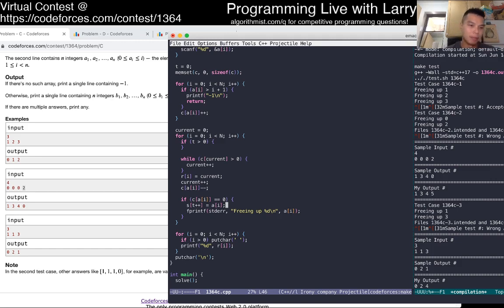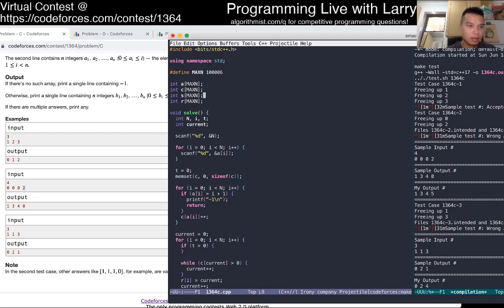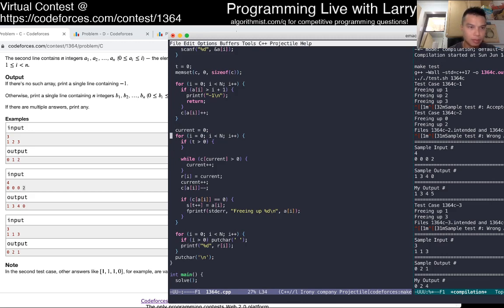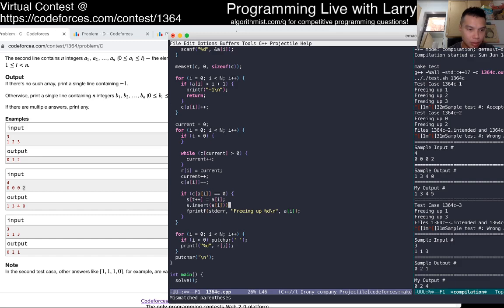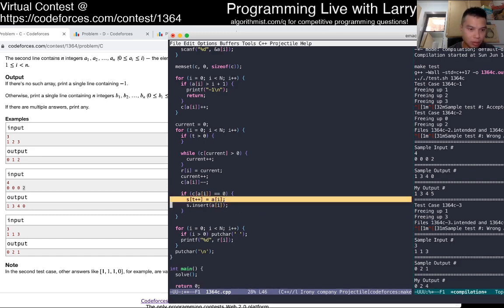So we want to get the minimum number. Okay, fine. So then let's put it in a set, because we want to insert a sub I, and then now we want to do something like if that is greater than 0, and how to get the min of something.